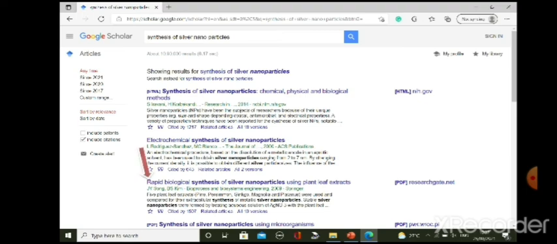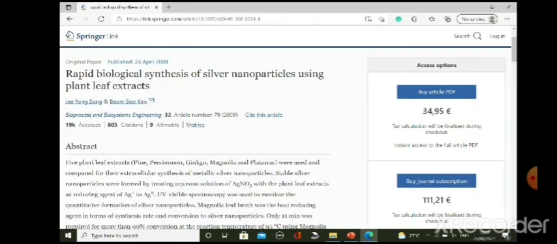So I press on this. Let me press on this. If I press on this, it will take me to the journal's website, and directly to the original research paper. So that is how the paper has appeared. You can read the abstract of this paper and you will get an idea exactly what work has been carried out by this particular researcher. However, unfortunately,